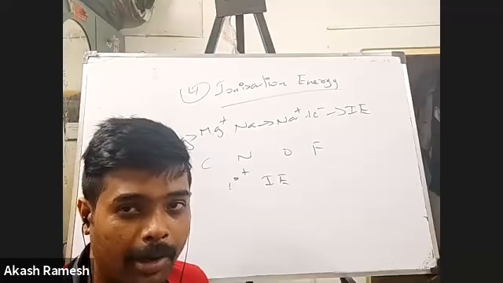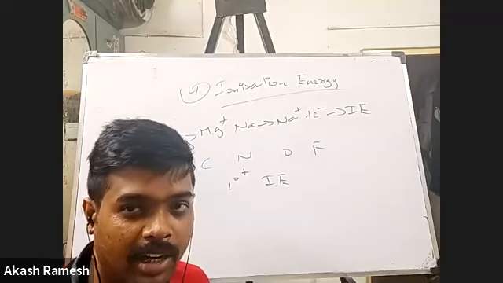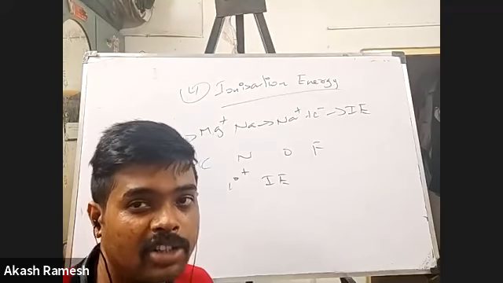Sir, oxygen, sir. Okay, why oxygen? Sir, because it is the maximum. For example, if you see carbon, it means 6, so 6 minus 1 is 5. For fluorine, it's 10, I think. Oh, so it is not about the atomic number. It is about the valence electronic configuration. Carbon is 6, I understand. But how many electrons are there in the valence shell?